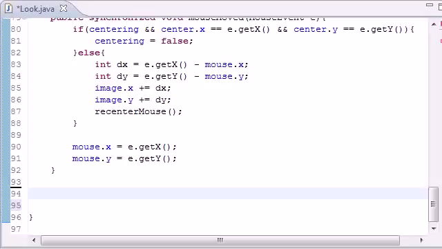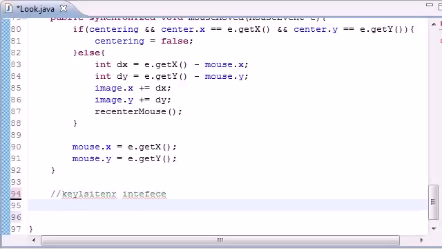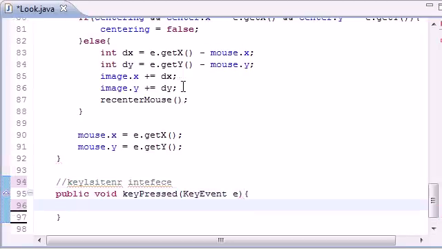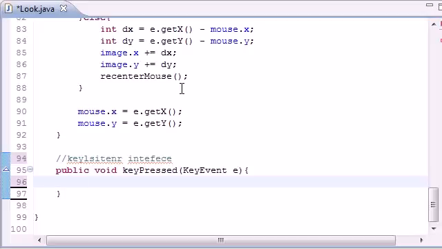It's going to be a real quick tutorial, and the only thing we have to do is implement one last method from the KeyListener interface. What we need to do is put first public void keyPressed, and we just need to make a little key so we know when to exit our program. So KeyEvent e,